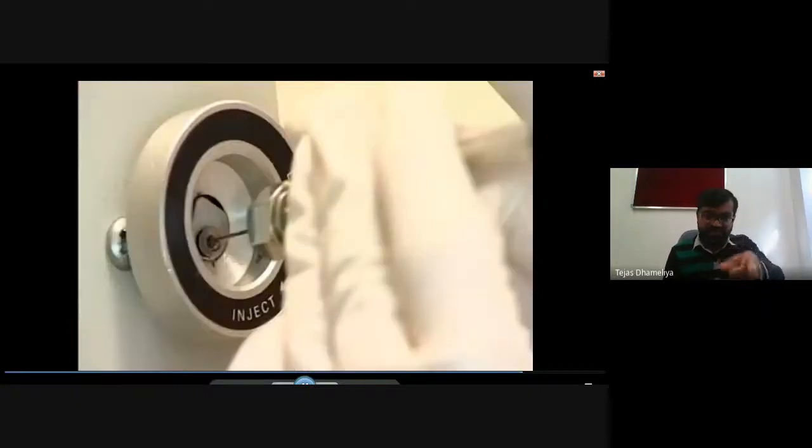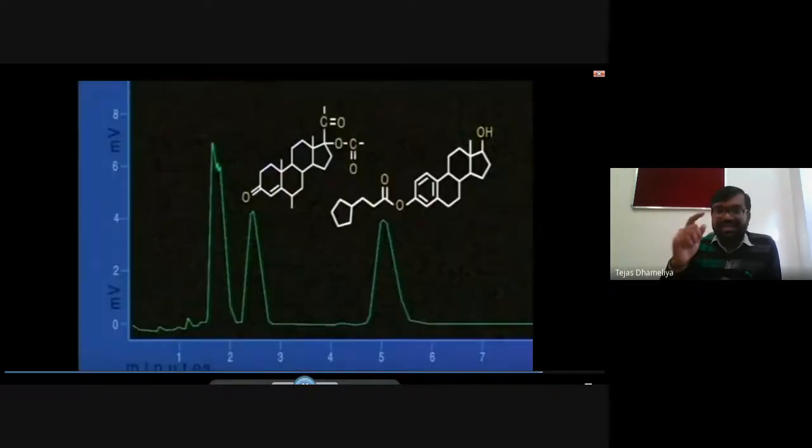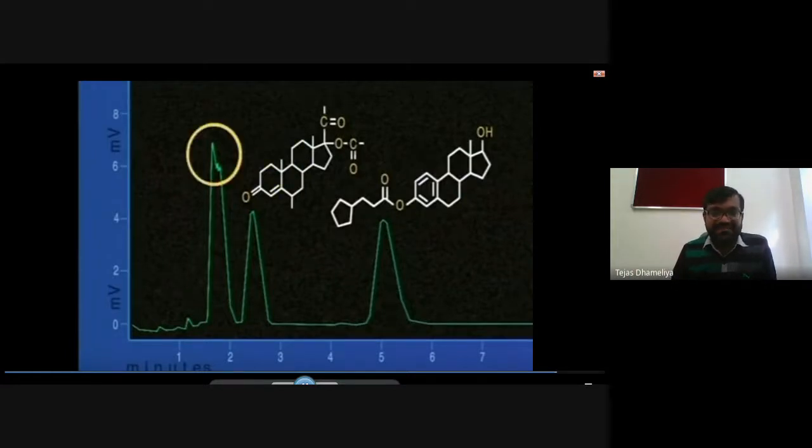So a doctor का injection होता है ना, a similar kind of injection is that, but it is having a port, and then we have to load it by pressing the plunger. Then we have to move the arm so that it can be injected. You will see that Rheodyne injector, the kind of injector, how it works, in coming slides.